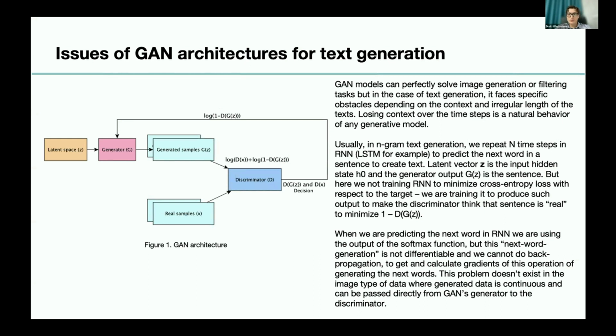So it's impossible to feed generated text directly to the component of the network, especially if we use LSTM cells inside the network. There are a few solutions for how to overcome this, which I will discuss in the next slides,